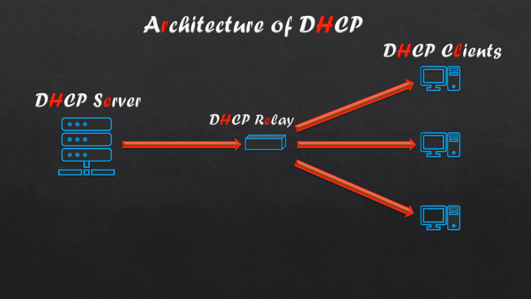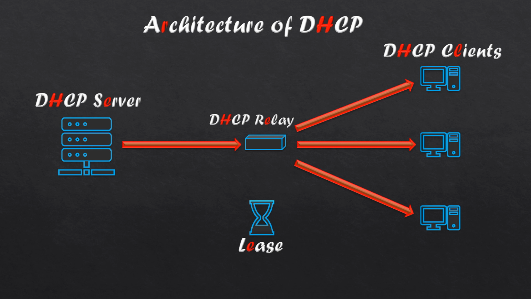Now remember, in the example which I said, the items in the parcel has got an expiry date. Similarly, the IP assigned by a DHCP server also expires after a limited period of time. And this is known as lease. Lease is the maximum time a DHCP client can hold an IP address. So these are the four things which comes under the architecture of DHCP. Now hope you understood the architecture of DHCP.